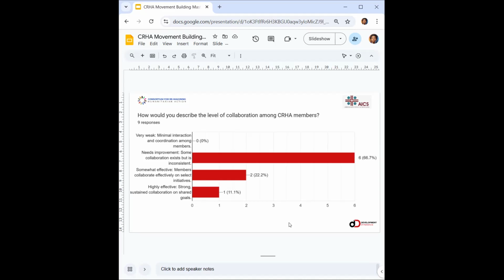And at this point, I'd really just like to give some thumbs up to Stanley, who also saw the need for not only having this movement building training for the CRHA consortium, but also bringing in some of the different partners who are working around the localization aspect, because that's the first step of improving how we work together in collaboration, looking at it not just as us as the consortium, but also being cognizant of the different people, organizations and partners that we're working with on the ground, who are helping us really move this conversation further, and really helping us to understand and see the value